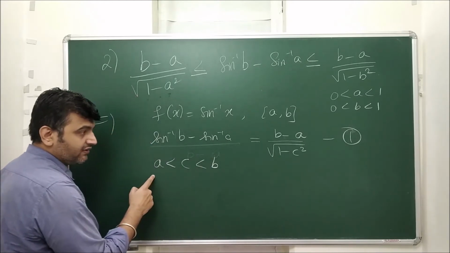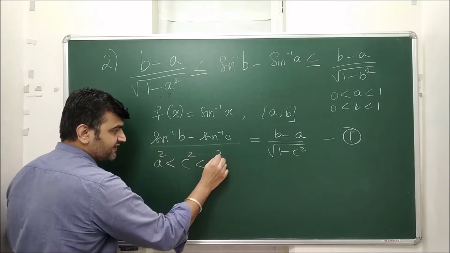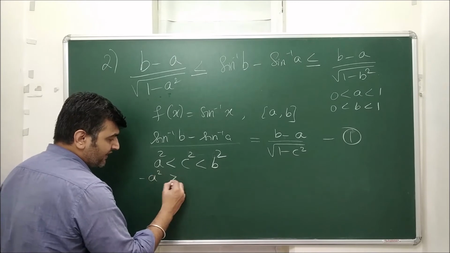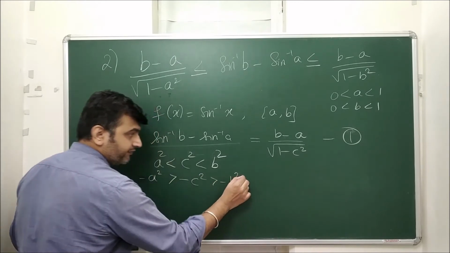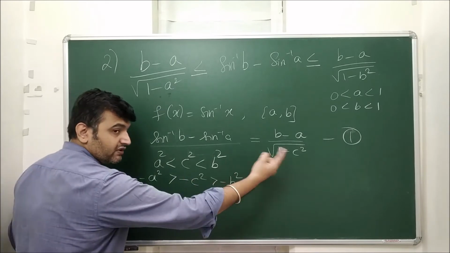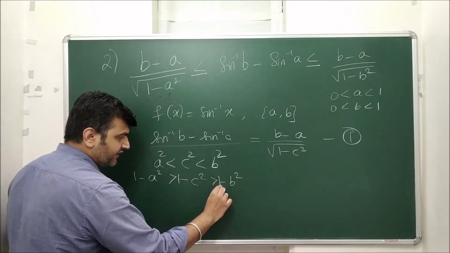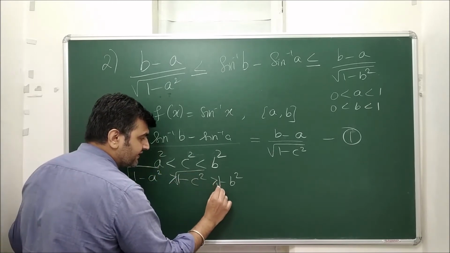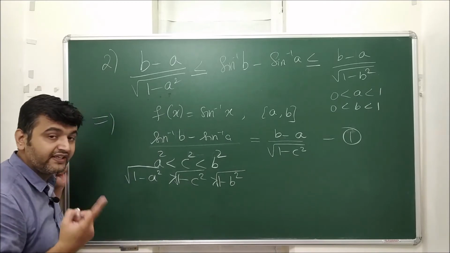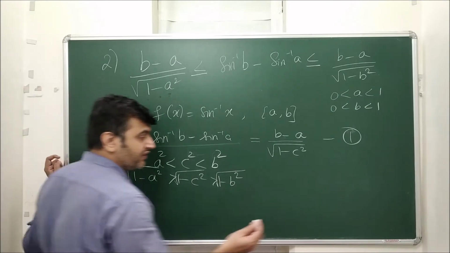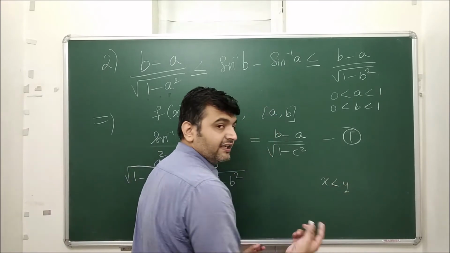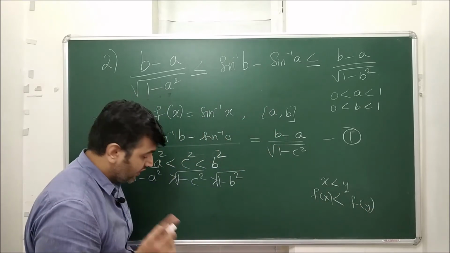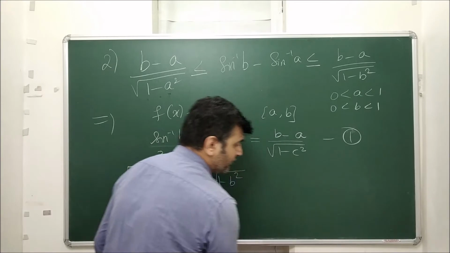Now you try to bring this over here. So what is the first step? You square all three sides. Then you multiply by minus sign because it is minus c square. When you multiply by minus sign, the inequality will be reversed. Then you add 1 because I want 1 minus. If I add a positive number, the inequality remains the same. Now you take the square root. Your square root is an increasing function. So for an increasing function, the inequality remains the same, right? If you recall, if x is less than y and f is increasing, then when you apply f, the inequality remains the same. You can see my lecture on increasing, decreasing if you don't remember this.